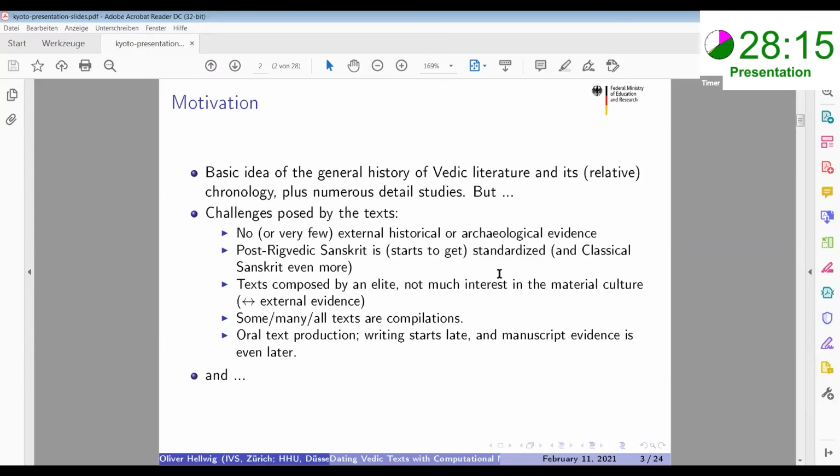So why do we need quantitative methods at all? We have a very basic idea of the general history of the Vedic literature. However, there are a few reasons, and all of you know them, why our ideas are not very detailed. First, of course, we have no external evidence of any kind, or very little external evidence. Second,